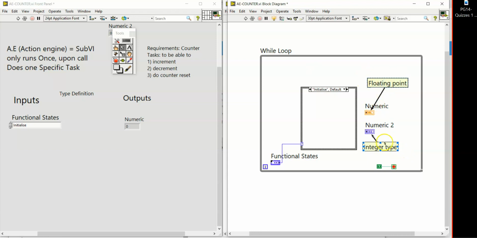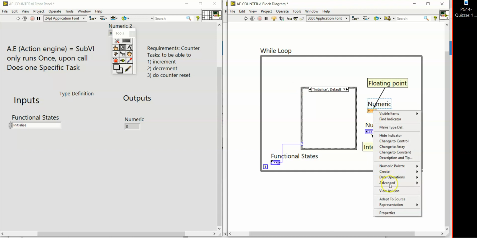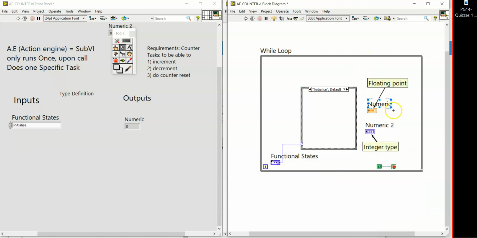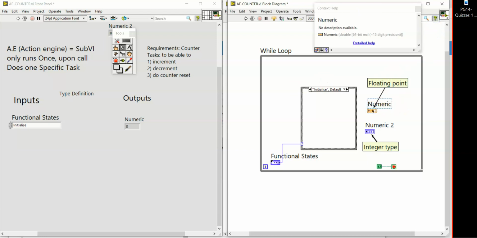Why? Because you have to be very careful with the type of data you choose. Floating point, you can right click and then you see the representation. Float DBL, double precision. I can't remember how many bits double means. I think it's 8 bytes, 64 bit. Yeah, 8 bytes of data. So if you use this, you are sort of overkill. Not to say you cannot use it. LabVIEW still allows you to use it, but you are wasting your